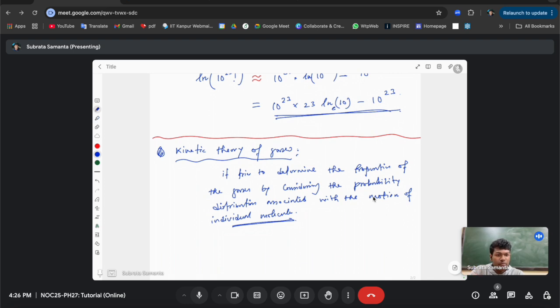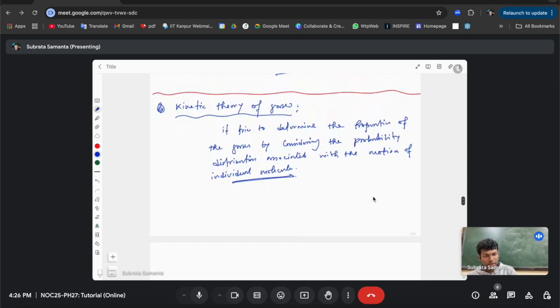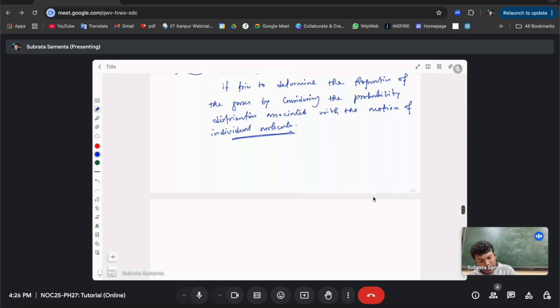If there are n molecules, I want to determine the probability distribution of one particle's motion, and that is the same for all n particles. So that is the kinetic theory. Now there are some very basic assumptions. What are the assumptions for the kinetic theory of gases? We make some assumptions. So the assumption is that